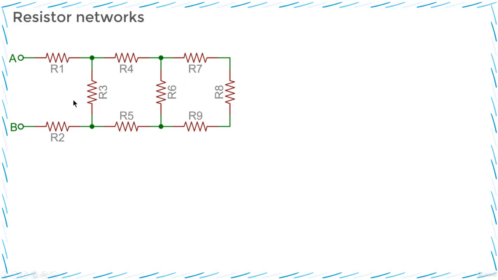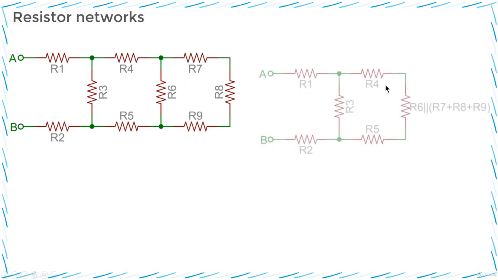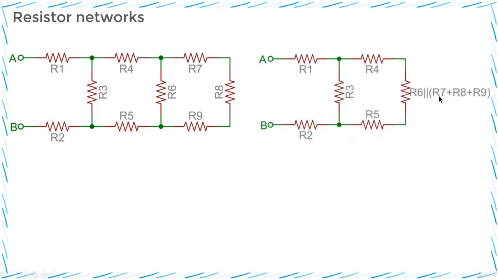In order to solve such a problem, start at the back end of the circuit and simplify towards the two terminals. So in this case, R7, R8 and R9 are all in series and can be added together, right? These three resistors are in parallel with R6, right? So these four resistors could be turned into one with a resistance of R6 in parallel with R7 plus R8 plus R9. Now we can see that R4 is in series with this resistance that we just calculated and in series with this R5. So we can add them together and the final resistance will be in parallel with this